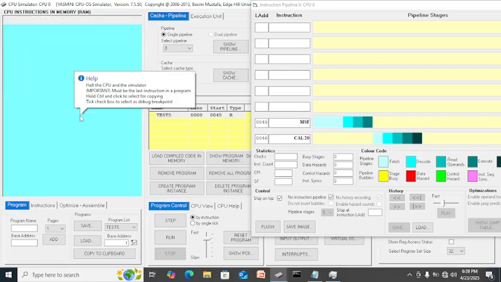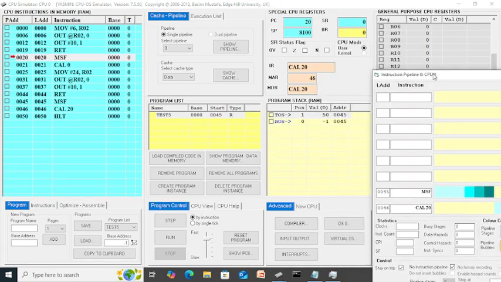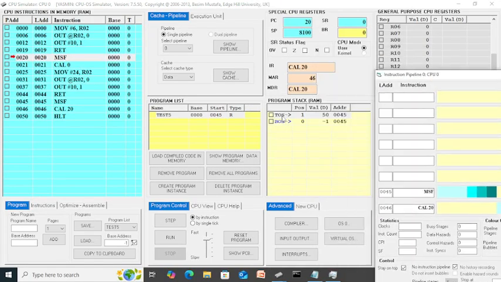Step till not halt. As you can see, after MSF there is a marking at the top of the stack and the bottom of the stack. It is done automatically by the CPU, so no need to worry about this. As you can see, there is 50 here. After the call, it records the last address 50, so it will go back to you later. The bottom of the stack is -1.